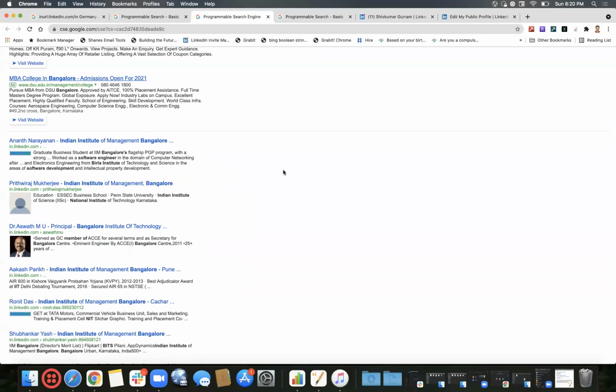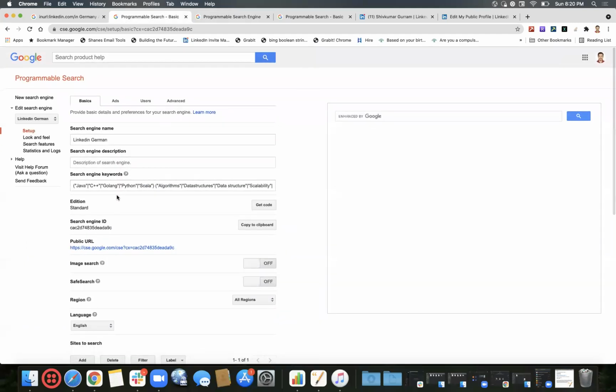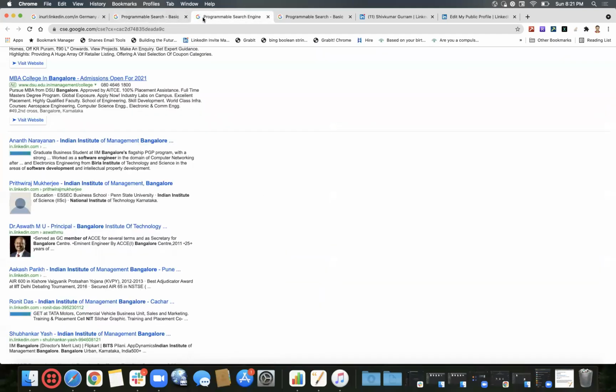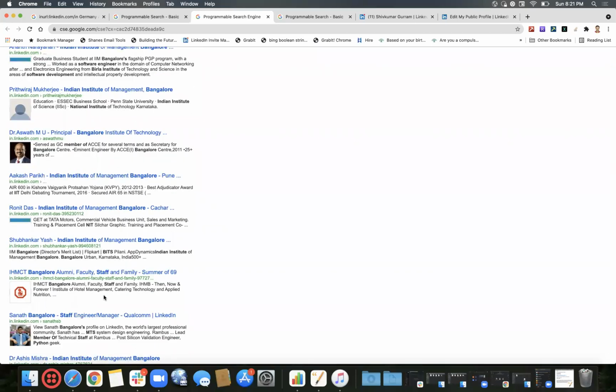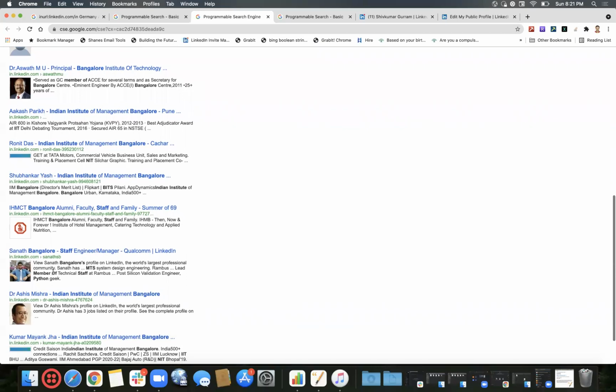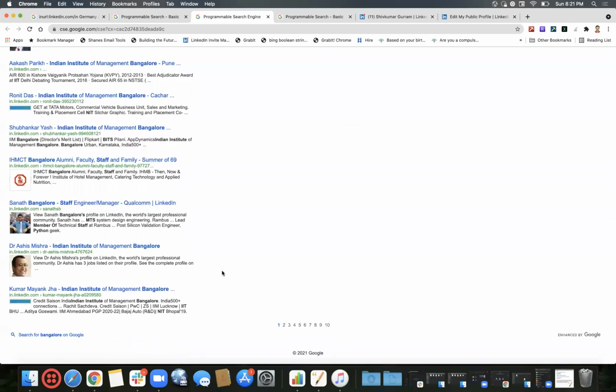But otherwise, once we give only Bangalore, we started getting a list of results with the particular keywords which we have mentioned over here, and it started targeting keywords like Birla Institute, National Institute, Indian Institute, member of, NIT, BIT, staff, MTS, member of Indian Institute.